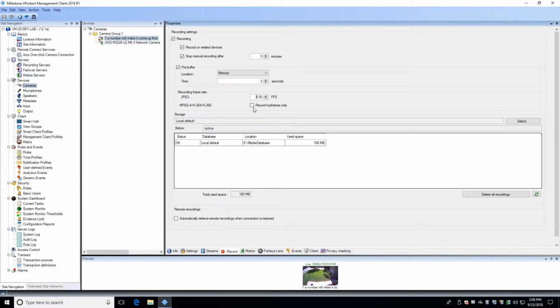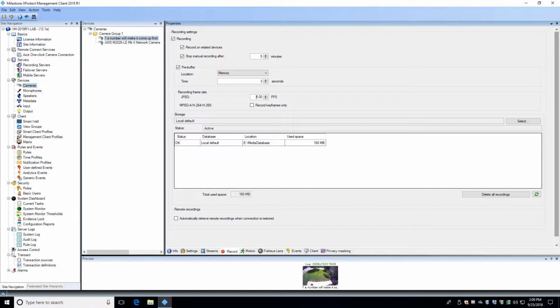The Record Keyframes Only option results in the system only recording keyframes that are coming from the camera and ignoring the additional in-between frames. This would result in live video that appears smooth, but recordings averaging 1 frame per second, or whatever keyframe rate the camera is configured for. This is generally only used when people want to record all the time, and also have a rule set up to make the system record all frames on motion, thus making the video appear to speed up when motion is